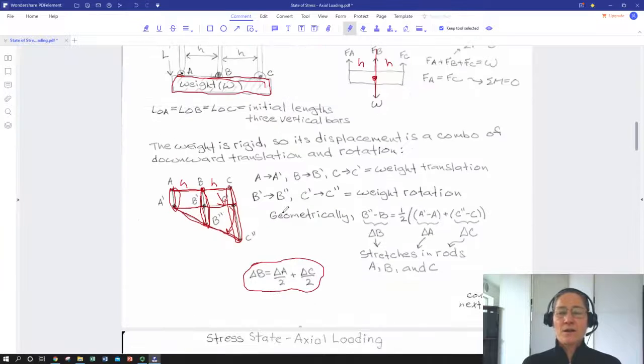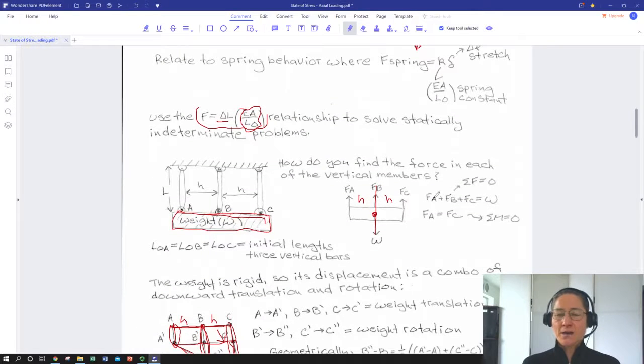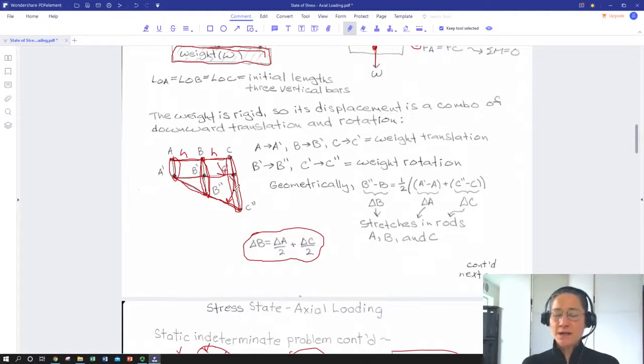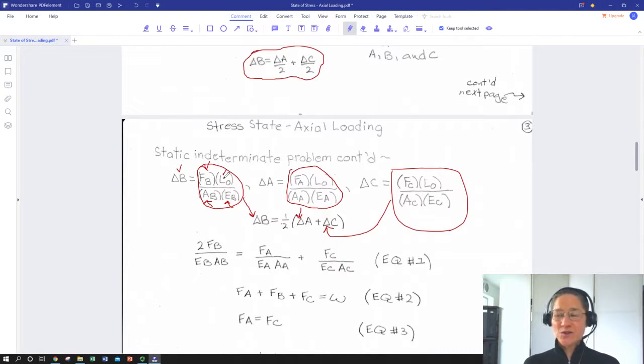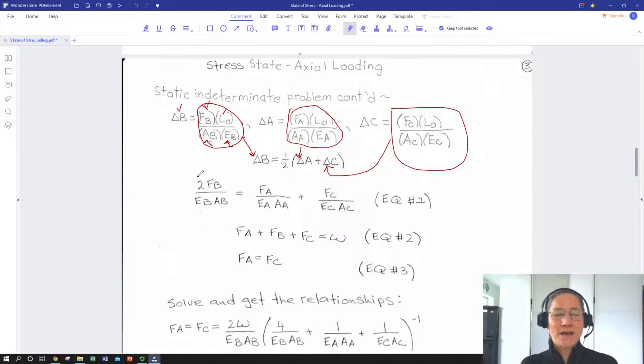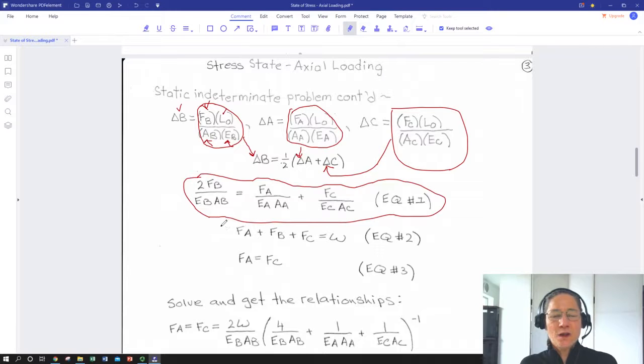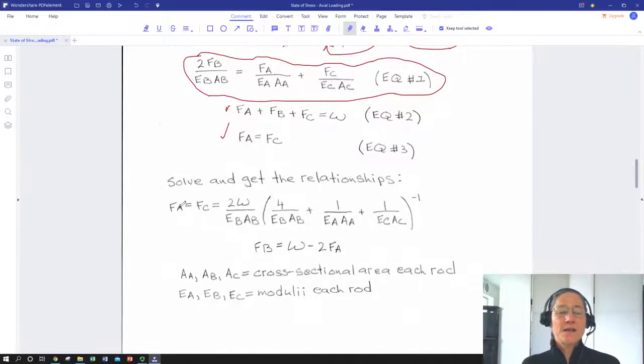So check it out. Come up here to our statics expression, and we had 3 unknowns, force in A, force in B, force in C. We had 2 equations. We needed another equation. We used the geometry of the movement of a rigid body, our translation rotation, to relate elongations in the bars. And then we used our stress strain definition derived expressions to relate force to that elongation. And now we have another expression relating our 3 forces to go with 2 coming from statics. So now we have 3 equations and 3 unknowns, and we can solve them